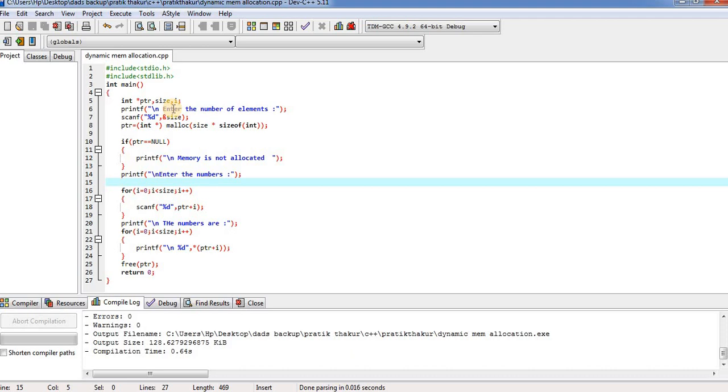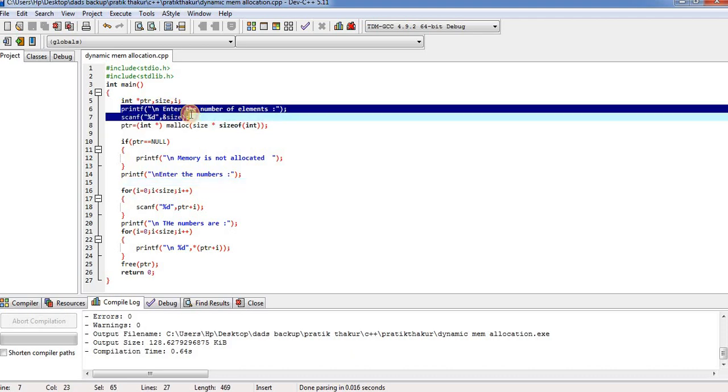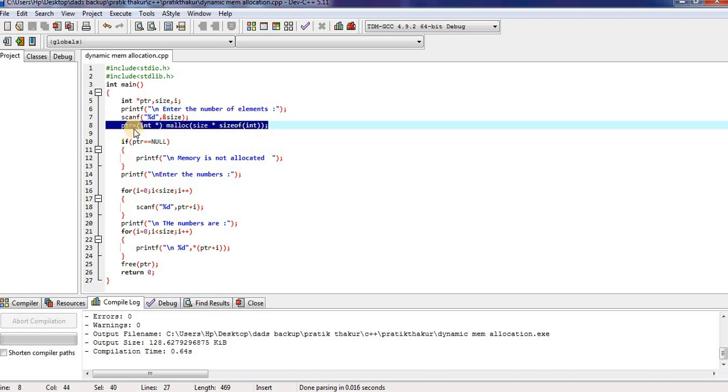And now we'll take the size from the user, the size which we want to allocate. We'll store the size in the variable size. This is the syntax of the malloc function to allocate the memory dynamically. So ptr, the pointer variable, is equal to (int *). By default, the malloc function returns void, so we have to typecast it to integer. Then inside the brackets, size, which is the variable which holds the number of elements, times sizeof(int), because each integer requires 4 bytes of memory. So this function will allocate size times 4 bytes of memory. For example, if our user gives the number of elements as 2, then 2 times 4, that is 8 bytes of memory